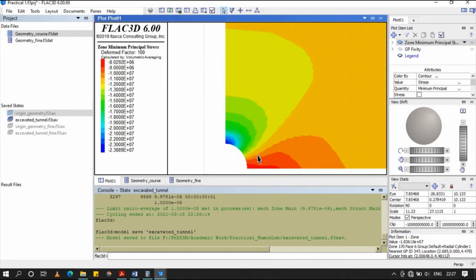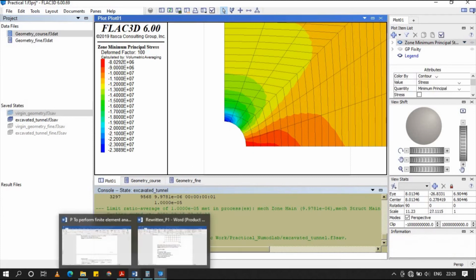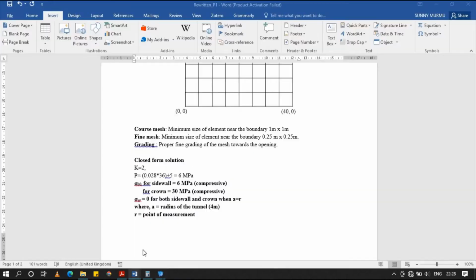And at the side walls it is coming around 8.22 MPa. From the Kirsch equation we have already found out the values are 6 MPa and 30 MPa.